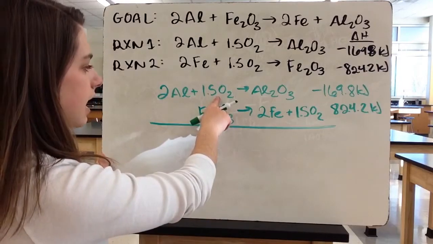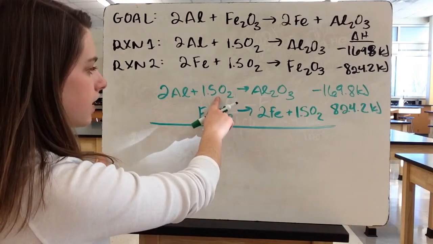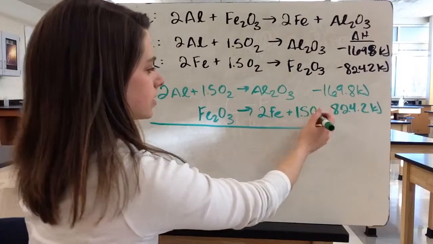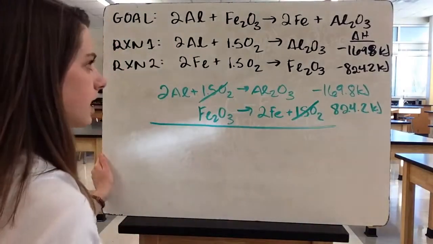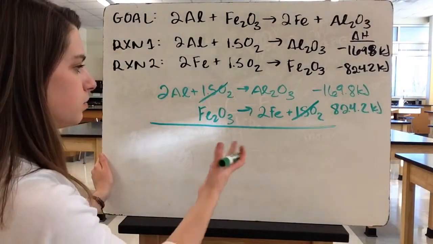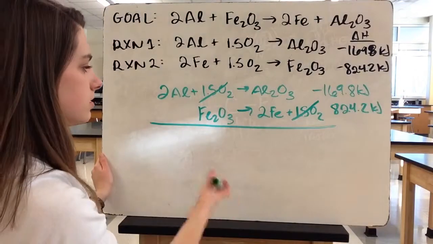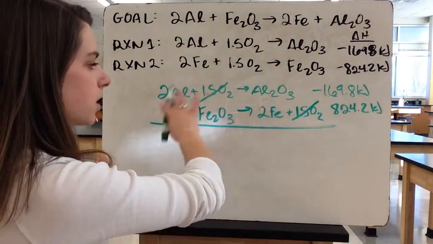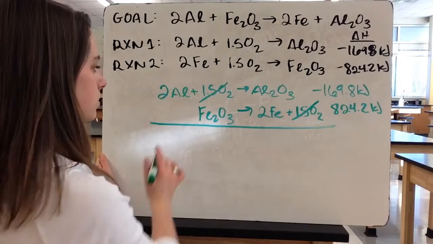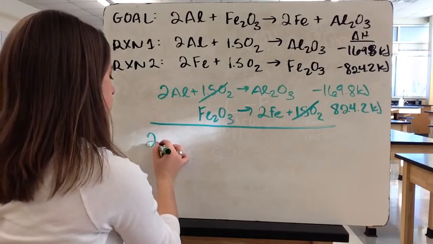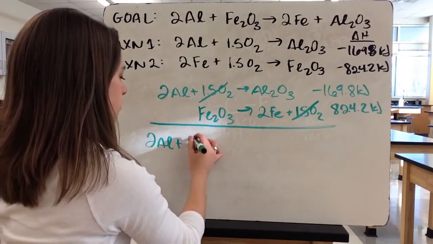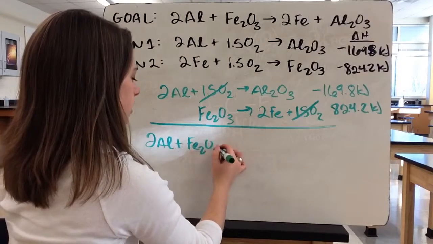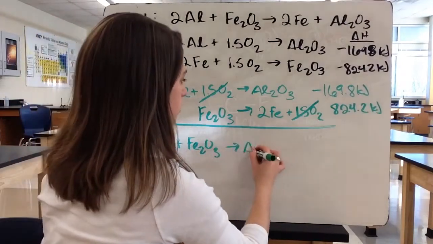So I notice that I have 1.5 oxygens here, and I have 1.5 oxygens down here, so I'm going to cancel those out. And then I'm left with everything else is just the same, so it doesn't have a partner on the other side to cancel with. So I'm just going to copy everything down. So I have 2 aluminums plus an iron 3 oxide